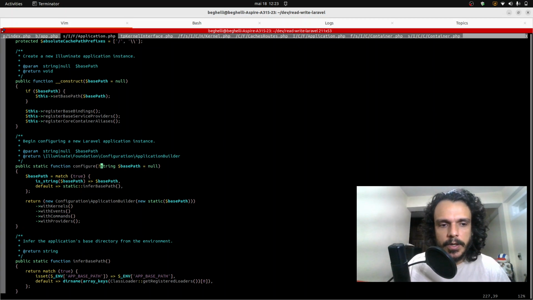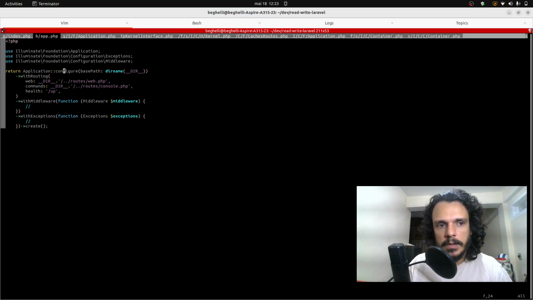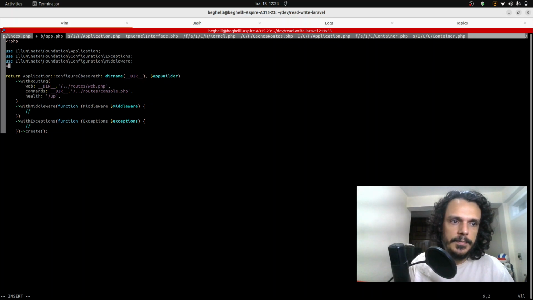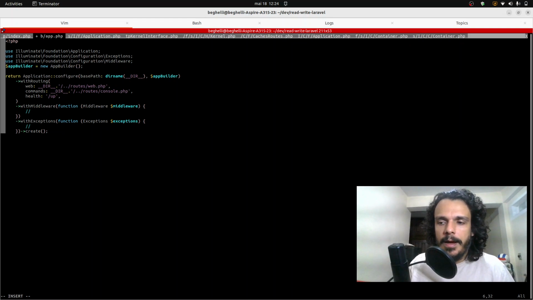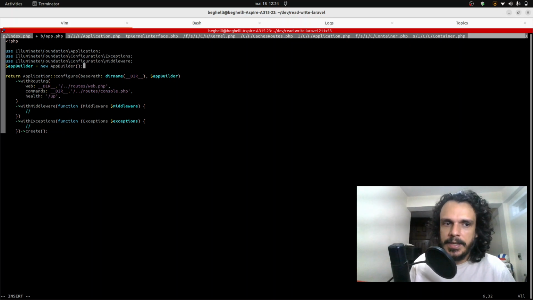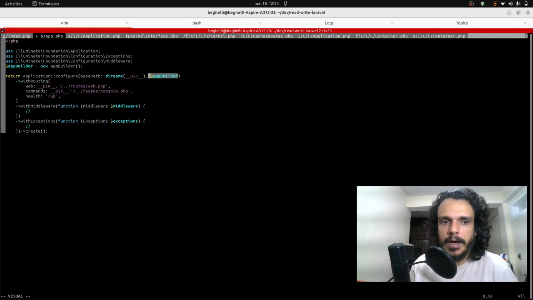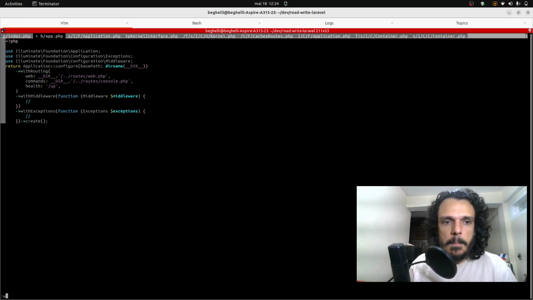So we can go back here and take a look. Okay, how can we solve that? We can solve that by injecting the dependencies, right? And that's the nice thing about the container. We could also do this: app builder equals new app builder, etc. So we instantiate our dependencies outside, and the method will receive the dependencies. That's one way to inject the dependencies, but